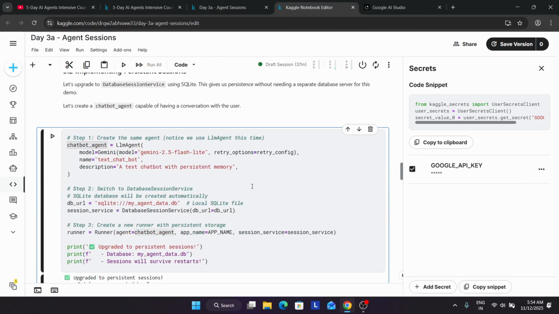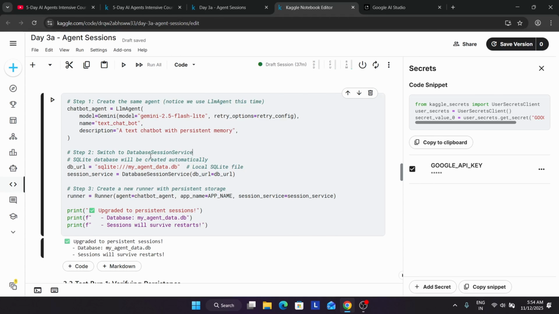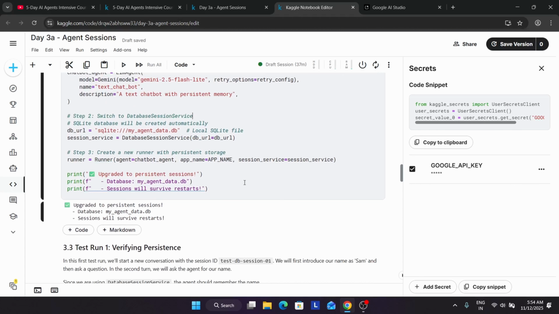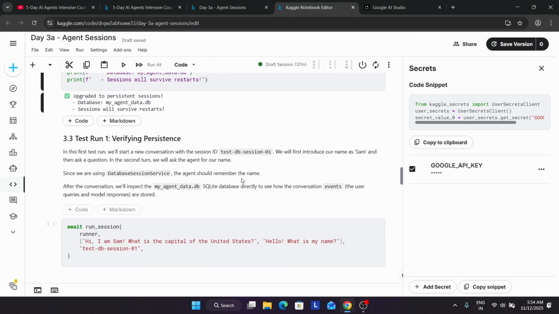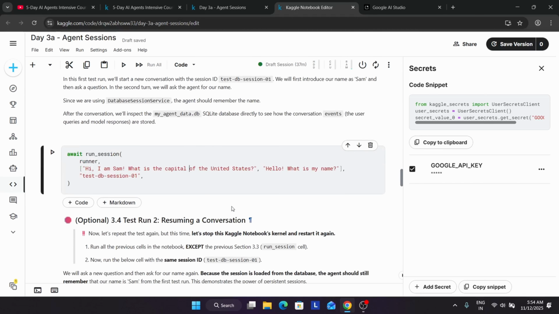Now here we are creating the same agent, basically the LLM. You can name the agent anything. Okay, so here the model is the same and the name is the same, the text chatbot. Now here we are using the SQLite database, which will be created automatically, and here you can see we have upgraded our sessions. Now let's see whether the session survives or not. So here we are verifying it. If I run this,